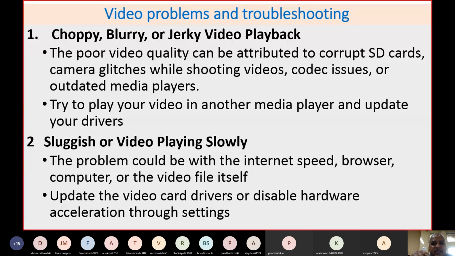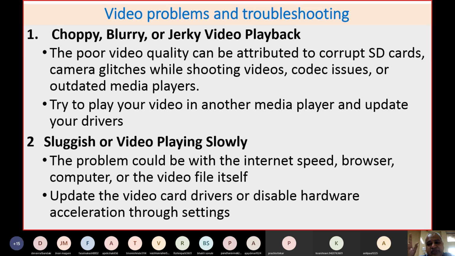This is because poor video quality can be attributed to corrupt SD cards, or camera glitches while shooting the video, or certain codec issues, coding and decoding issues, or outdated media players, or media players not compatible with the respective video files, because most video files run on specific video players.